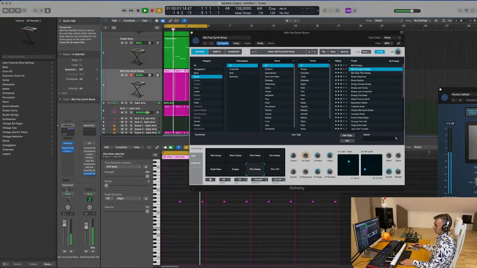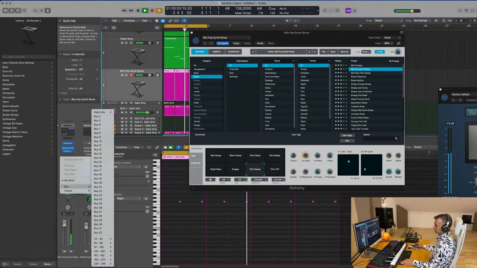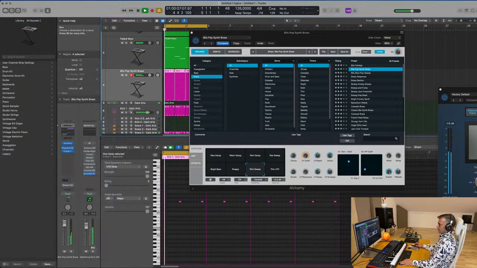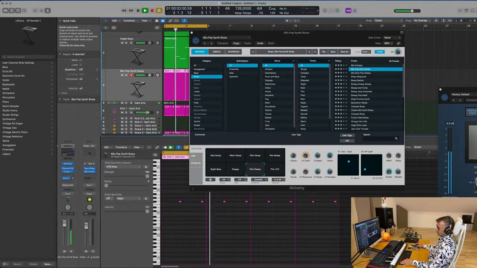Like to have it a bit swirlier, so I'm going to send it to the delay. I always get a delay and a bit crusher, which I don't like so much, but I'll